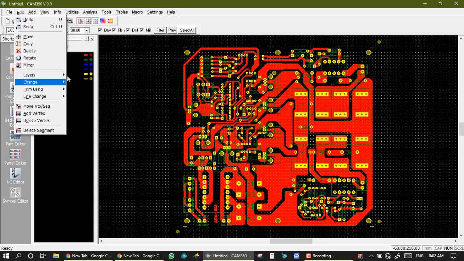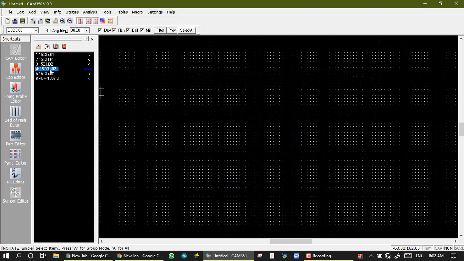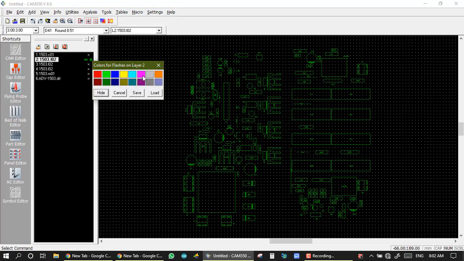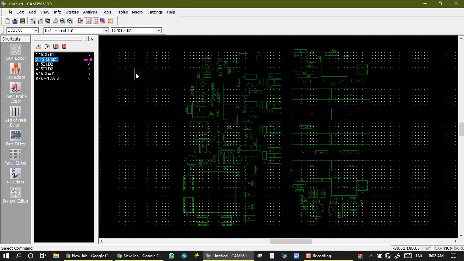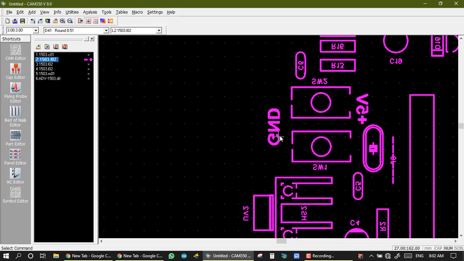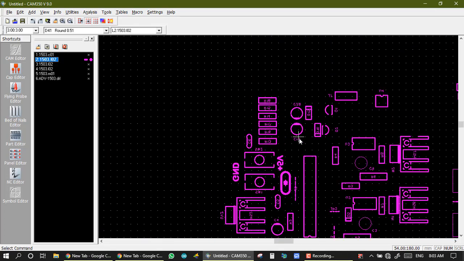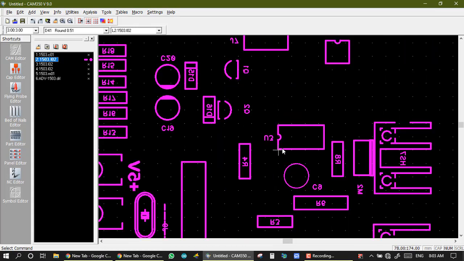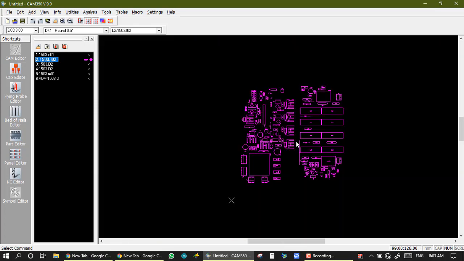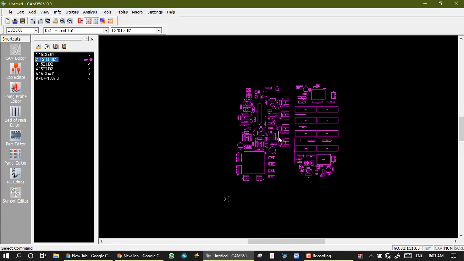For the mirror, we see one legend layer. Here all our text is mirrored. It's not readable, meaning it is a bottom side LP, so all the text is mirrored. If I want to mirror it and make all text readable, then I use the mirror function on this Gerber.